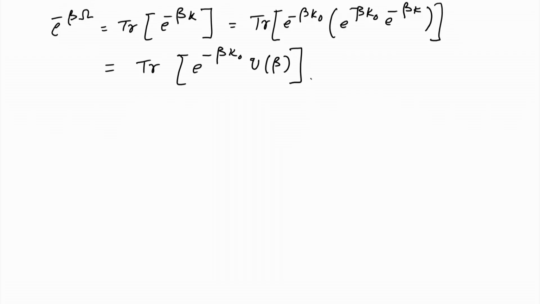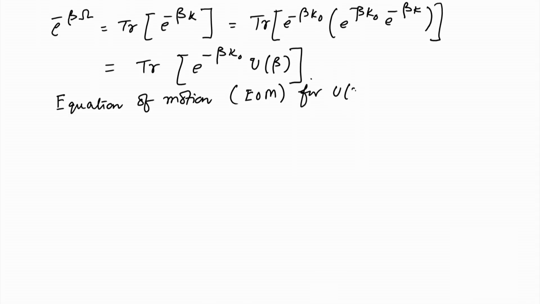A similar substitution has also been made in the numerator for the exponential minus beta K, and that is how this exponential minus beta omega is replaced by the trace of exponential minus beta K_0 U of beta in the denominator. So, the equation of motion, which in short we will call EOM, for U of tau can be written as